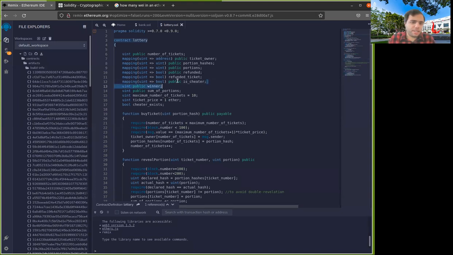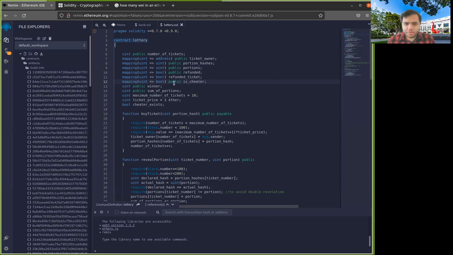And here we have so many different mappings. And we have to pay for gas when we are saving something on the blockchain. And as I told you before, all the global variables will be stored on the blockchain. It's part of the state of the contract. Everyone has to reach consensus about this. So it's not a good idea to have so many variables and especially so many mappings. In practice, I would try to minimize these as much as possible. So some of these things are not really needed.